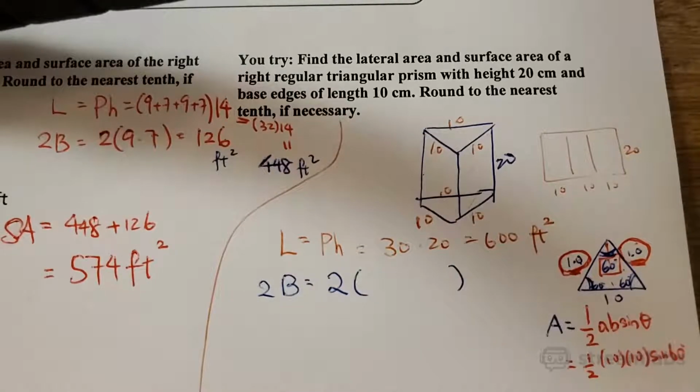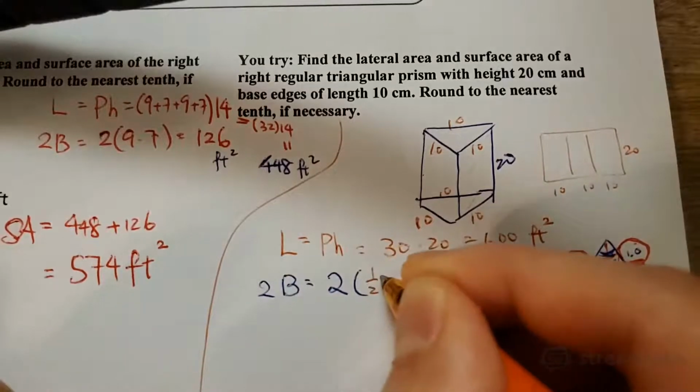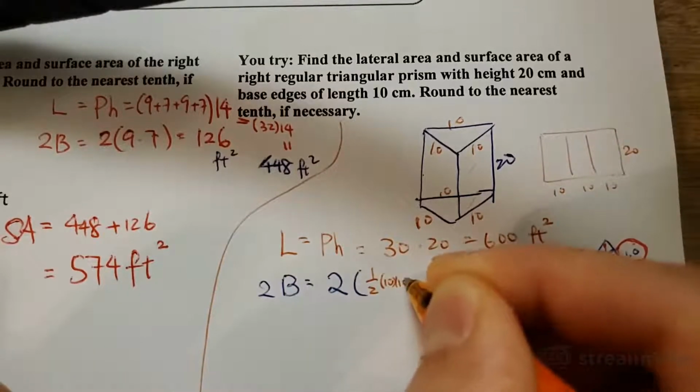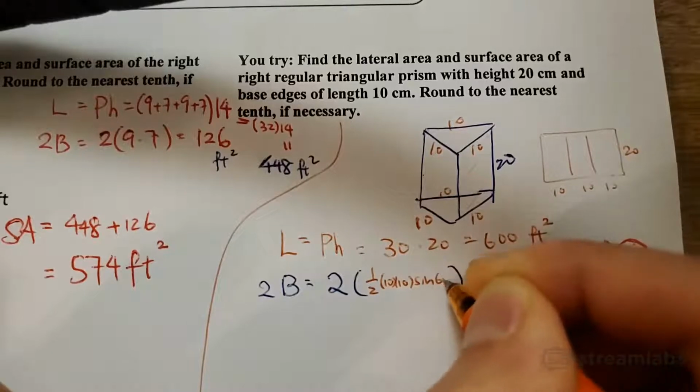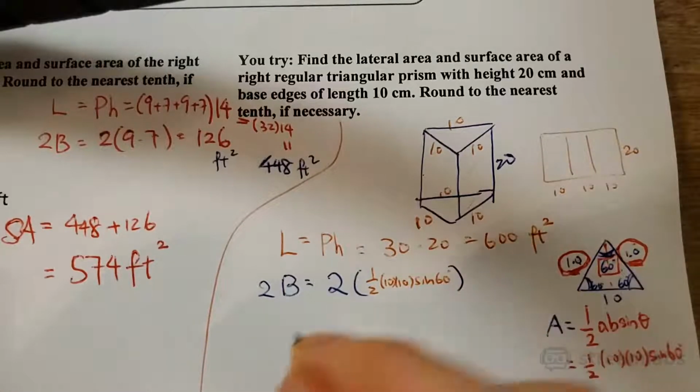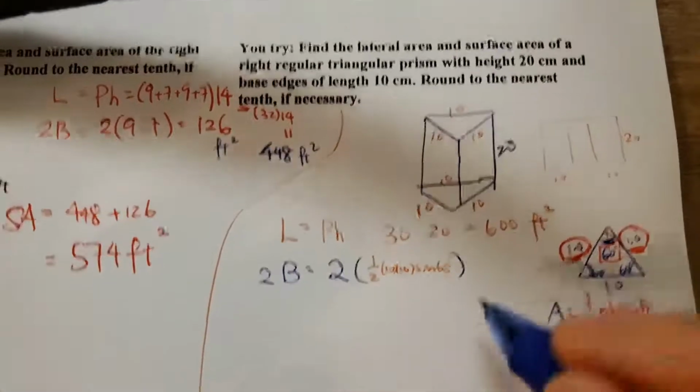1/2 AB sine theta, right? Remember this? 1/2 AB sine theta. So it'll be 1/2 times 10 times 10 times sine 60. Okay, just like that. So in this case, you can just put it in straight up. Okay, I'll put it here. Okay. So if you calculate this out,